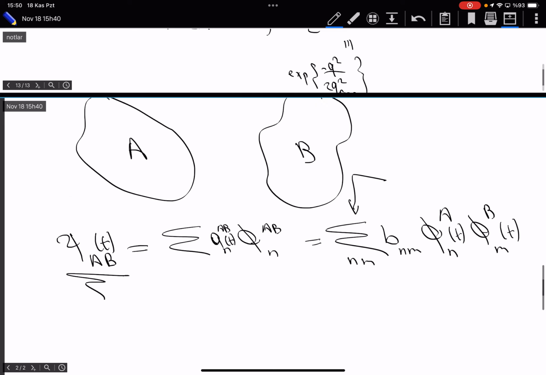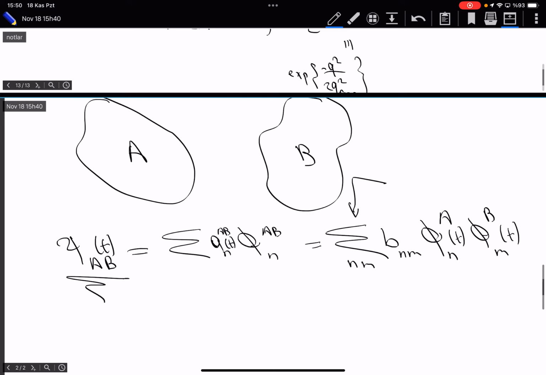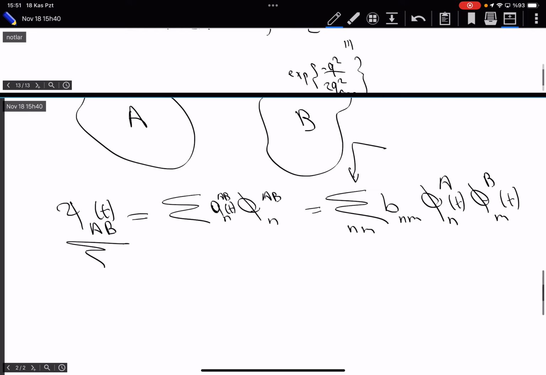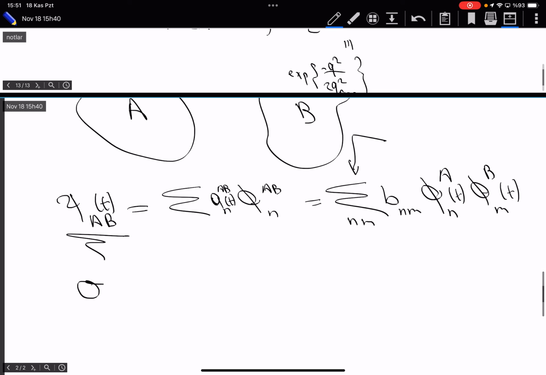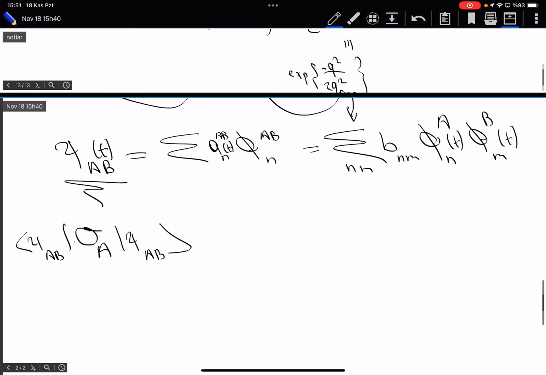So if I want to work with the wave functions, I have to know the wave function of the A and the B system, both of them. But usually I don't really care about the B system. What I would like to do is study the properties of the A system. For example, I have an operator which depends only on the degrees of freedom of the A system, the position and the momentum of the particles making up the A system only. And let's say I would like to calculate this expectation value. We have just seen that this is nothing but the trace of the density matrix of the combined system times this